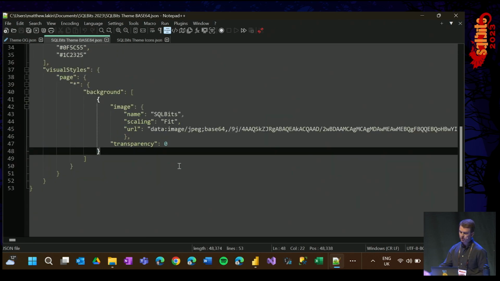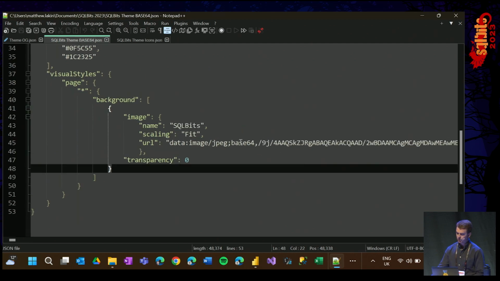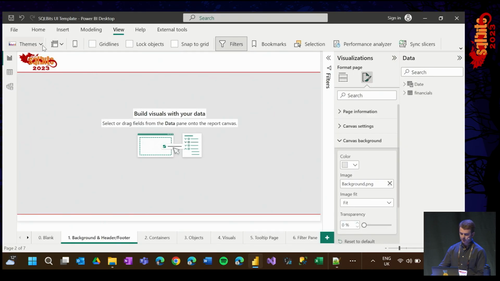So remember before I had an image of the background that I wanted to use and then I uploaded it to the report page. That's great, but when you create a new page, you're going to have to do that every single time. Or if you've got a suite of reports that you all want this background to be on, you're going to have to do this to every single page. What you can do is take your image, convert it to base64 or SVG, and put it within the theme JSON like this. And then if we upload it back to Power BI,